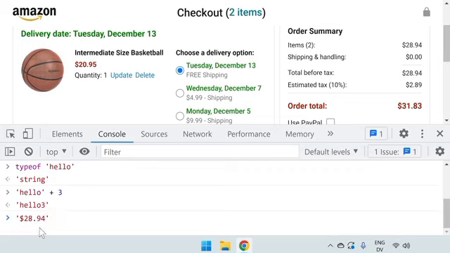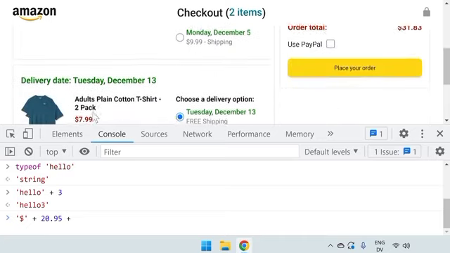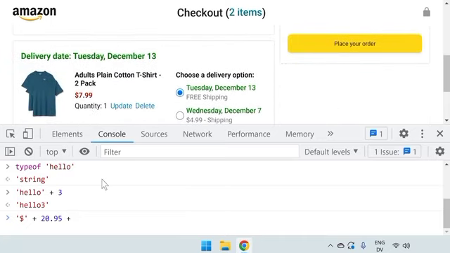So instead of typing out 28.94, we're just going to create the string '$' plus, and we're going to calculate this number using math. So we're going to add the cost of the basketball, which is 20.95, plus the cost of the t-shirt, which is 7.99. If we press enter,